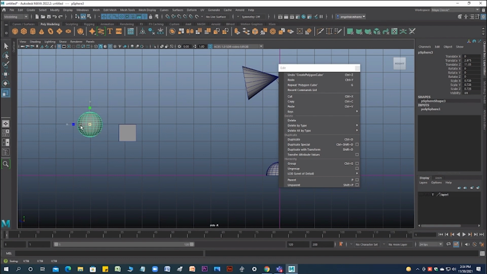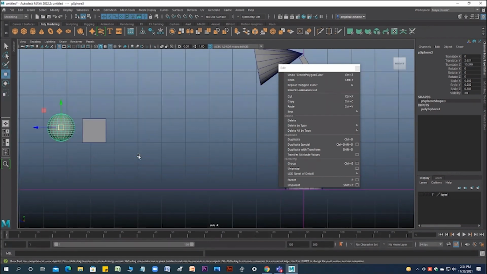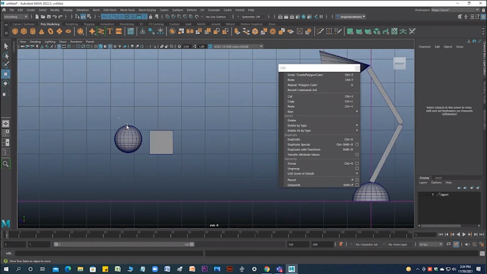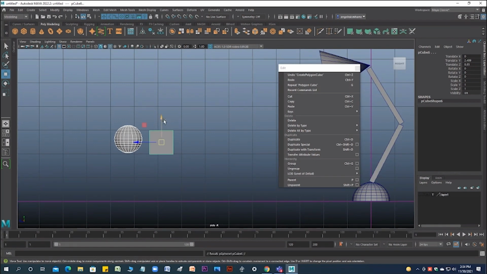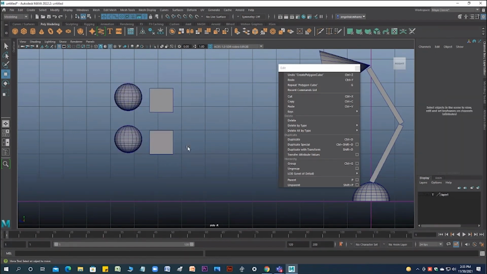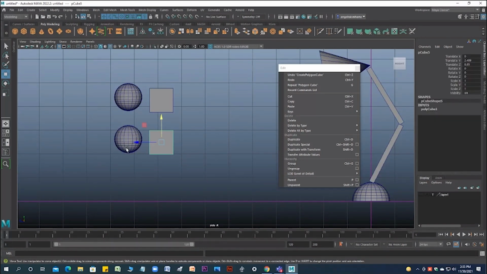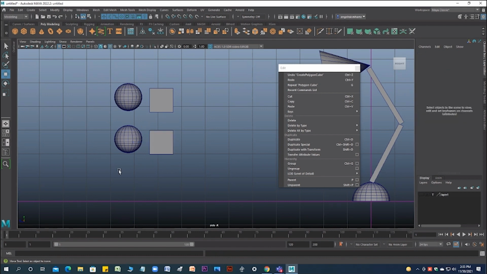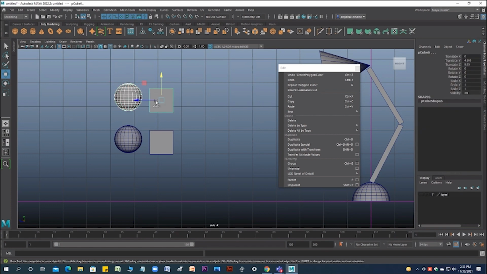Okay, so just look at this, and then you have to tell me, while doing the lamp, what could be the selection order. So Control D, I'm duplicating this one. In the first condition, I'm selecting the box first and then the sphere, shift select, then pressing P. In the second condition, I'm selecting the sphere first, shift select this one and pressing P.